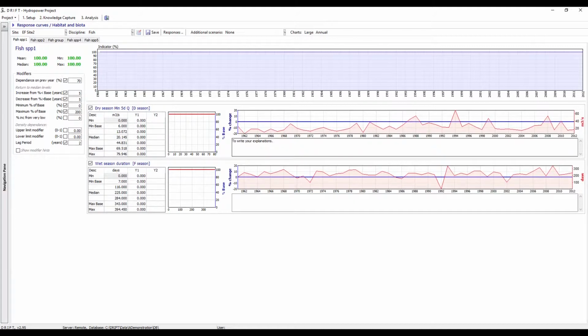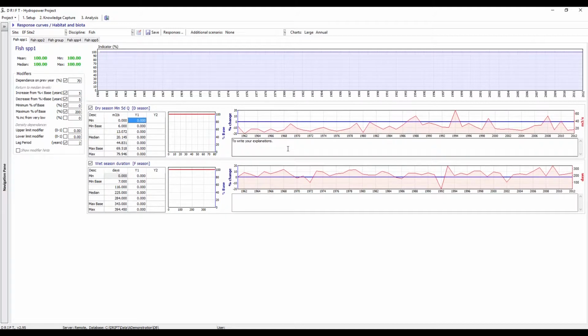We've had instances where people say, if the dry season minimum 5-day discharge goes down, the number of these fish will go up. And then when you look at the curve, it's saying if the dry season discharge goes down, the number of fish will go down. So you've got to be able to check that. So it's very important right at the outset to write the thinking down before you even start working with filling in the response curves. So once you have written your explanations and put your thinking down in that graph, it's time to start